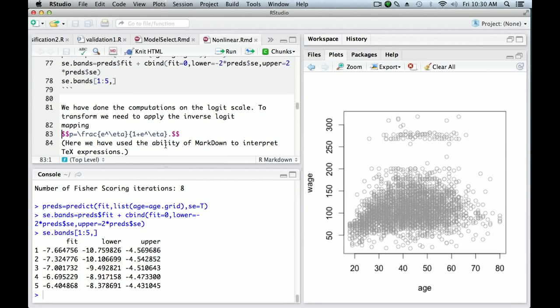So I've got an expression. We need to do the inverse logit, which I've got an expression for here that's written in LaTeX. If you know TeX or LaTeX, you'll know what this means. What this is mainly showing you is that you can embed TeX and LaTeX expressions in Markdown,